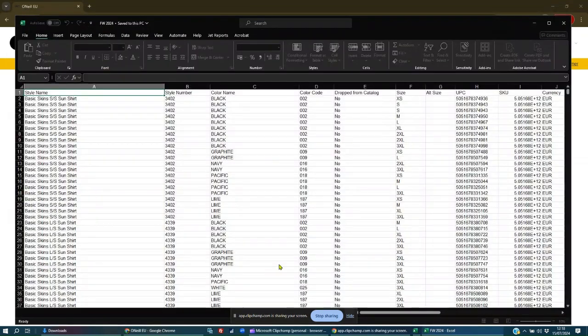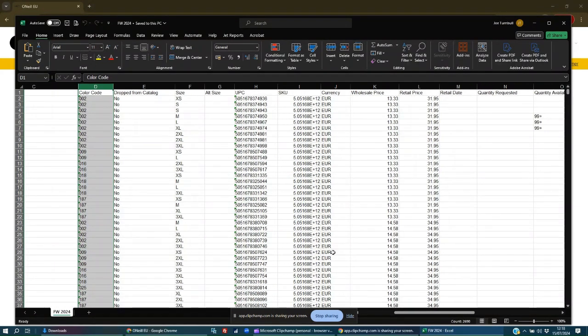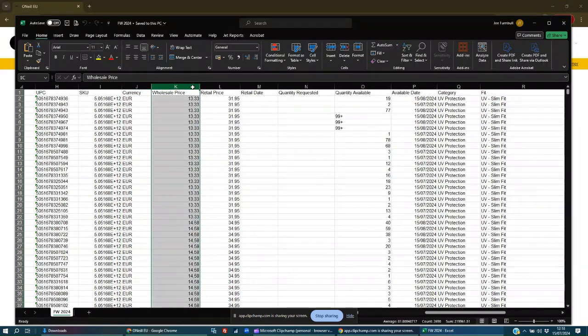This is giving me this availability file, so it's got all the useful normal information that an inventory or free to sell report would always show you. So it's got the style name, the style number, color name and color code. There's some columns that you can just ignore, like drop for catalog, alt size, that sort of thing. Don't need that, but it does have, of course, the size, the barcodes, the currency for that customer, and the current wholesale and retail prices for the catalog that you just selected. We've also got in here